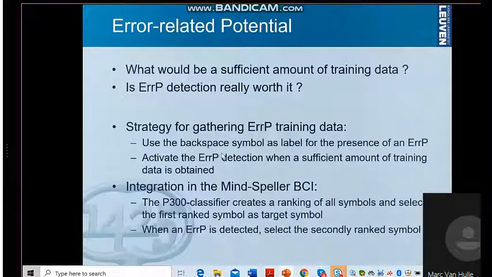So we have been gathering data by using the backspace symbol, which we used as a cue for detecting the presence of an error-related